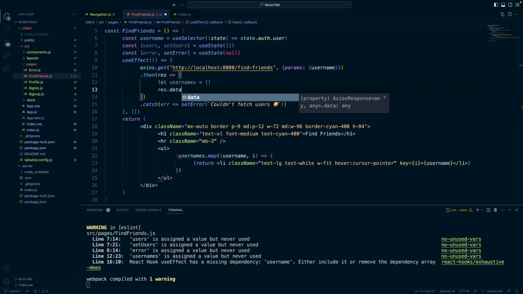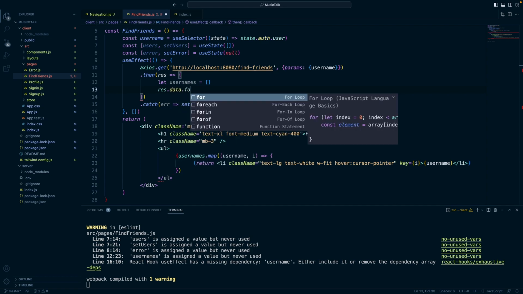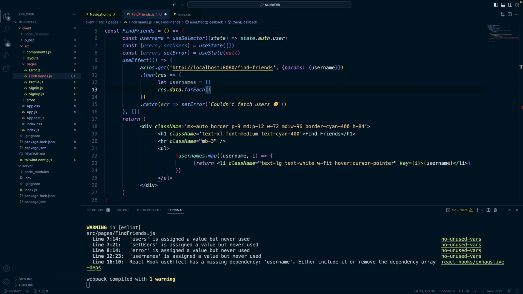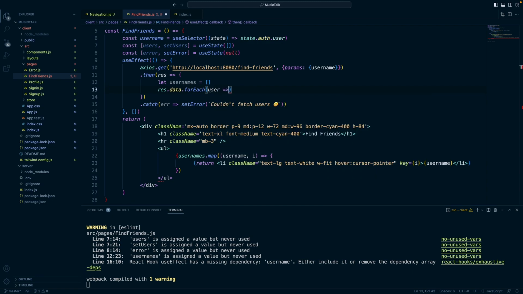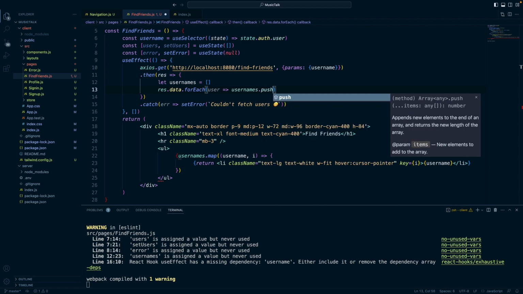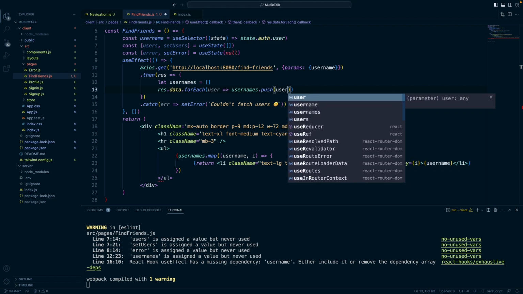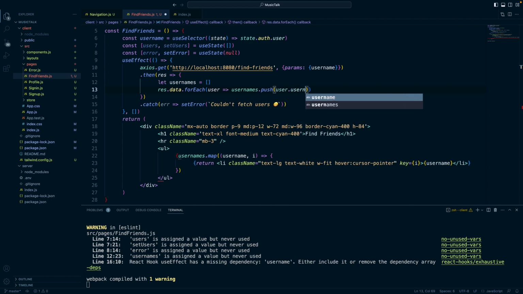So we'll do response.data, and then we'll do a for each loop for each item in that array. Give the placeholder of each item in that array as user, and then this usernames array in the line above. We'll do a usernames.push, and then we'll do the user, which is the object,